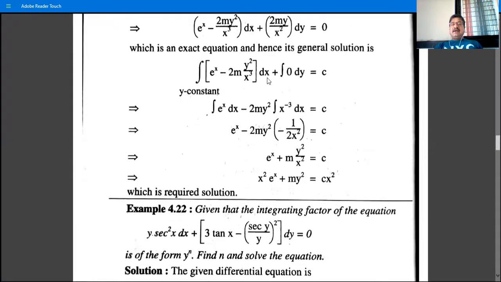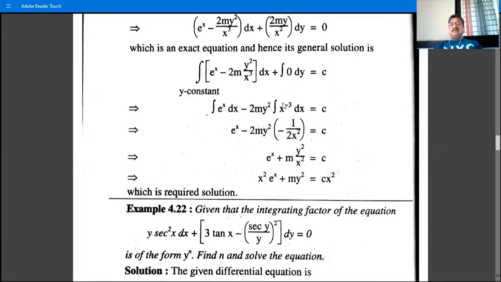And then we have to integrate with respect to x. So e raised to x integration is e raised to x itself, and minus 2m y square is constant, and the integration of 1 by x cube. 1 by x cube means x raised to minus 3. So integration e raised to x dx, minus 2m y square is constant, and 1 by x cube means x raised to minus 3. And then e raised to x integration is e raised to x, minus 2m y square,